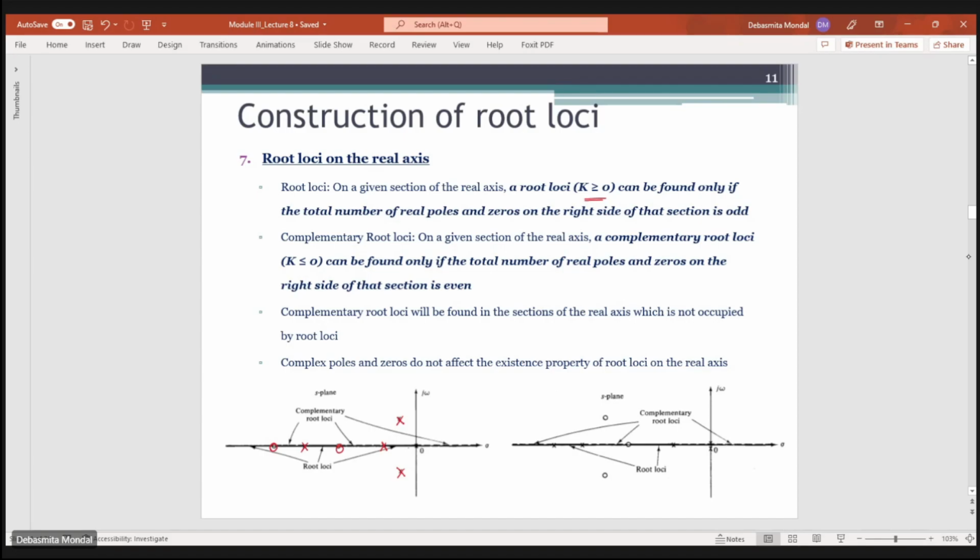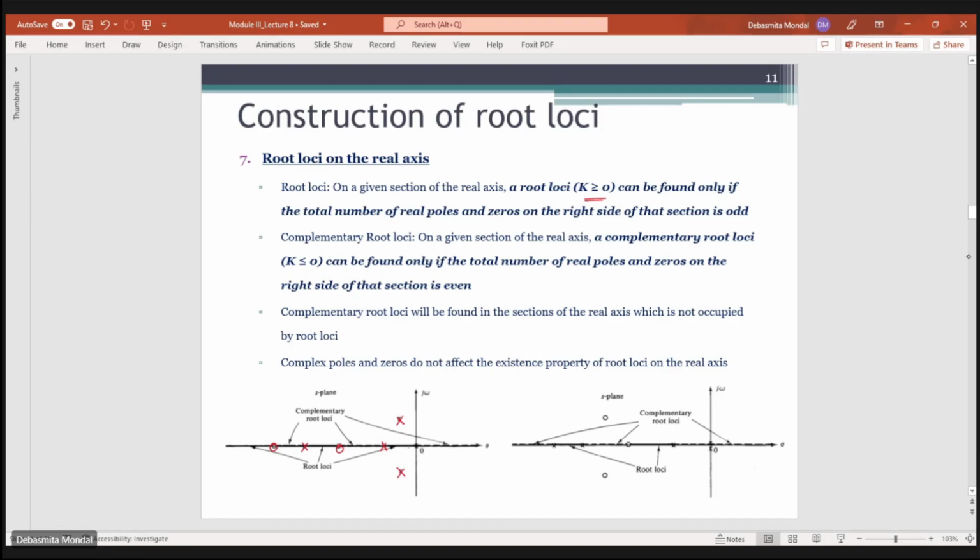Okay, so here you see, let's start from this part. If this part is a portion of the root loci, that means the summation of the number of poles and zeros on the right hand side should be odd. If you consider this zero, to the right side of it you have 1, 2, 3. So you have an odd number of poles and zeros on the right side of this section. So that means this section will lie on the